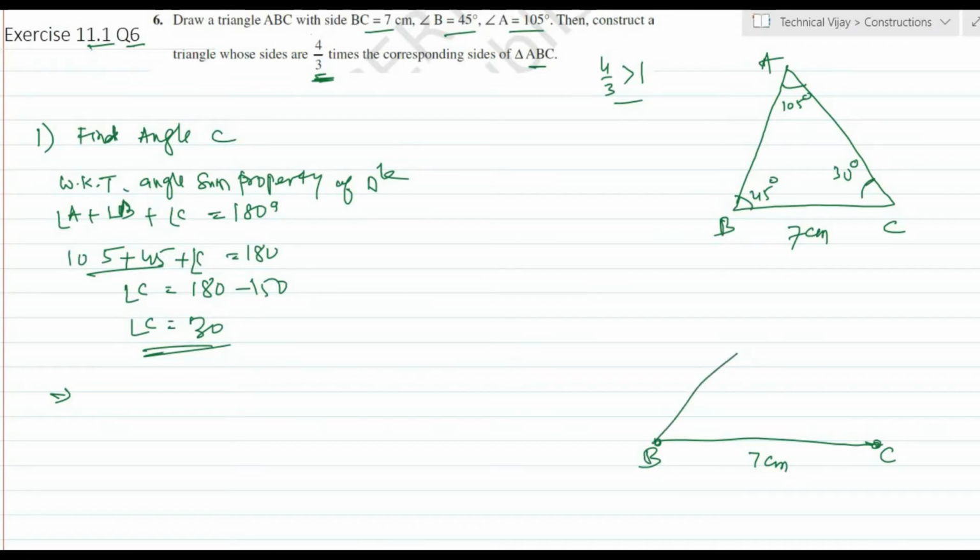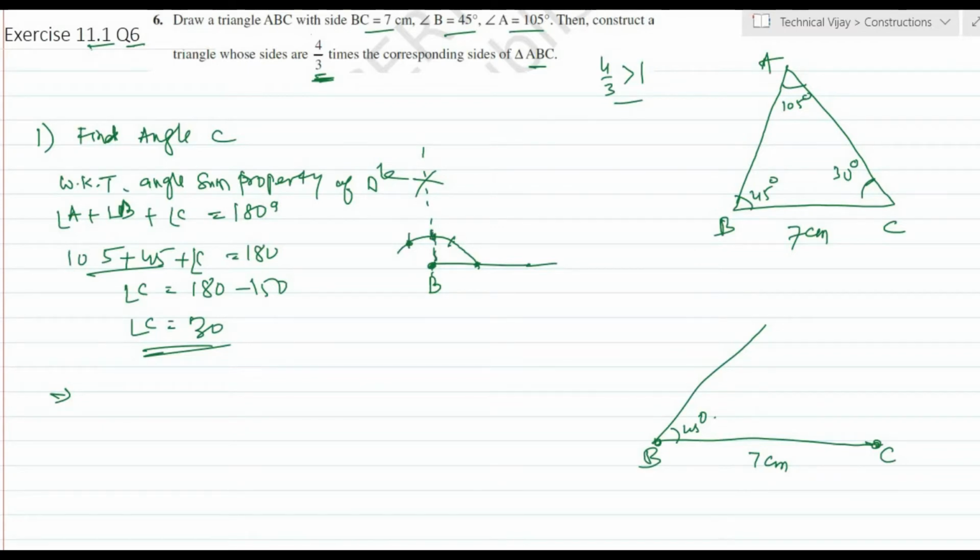So how to construct this 45 degree angle, you have seen. First, keep the compass here, take some distance, and mark an arc here. After that, keeping the same distance, you have to make 1, 2 arcs. Okay. And after that, we have to bisect this and this. Bisect means from this point you keep the compass and make an arc here, and with the same distance you make an arc here, so that this will be a perpendicular, that is, this will be 90 degrees. So this point you will get.